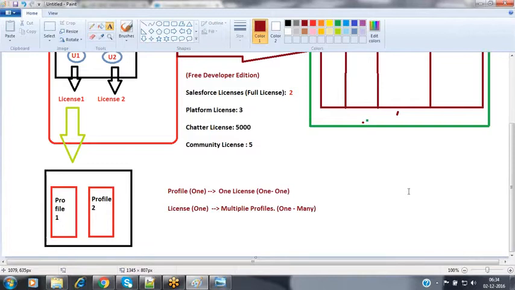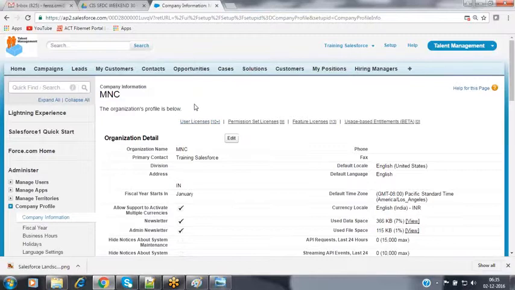Association, right? See, the association is, every user should be associated with a profile, and then profile will be associated with the license here. Okay, profile will be associated with that license which we have. So now when coming to the user, every user should be having a profile. Along with that, it is going to be using one Salesforce license also. Now let me show you here practically. For example, let me create a user. Now you can get some idea on that.